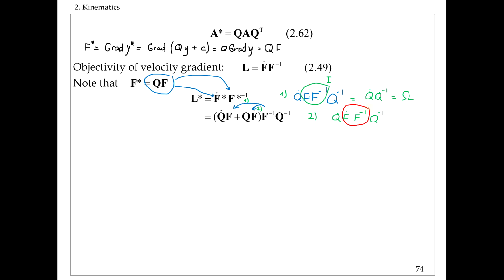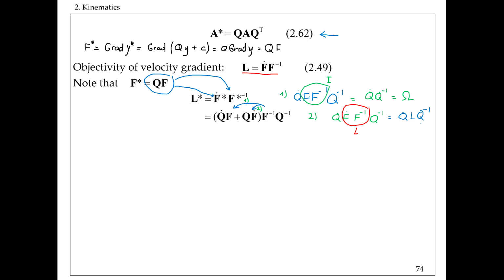these two guys are nothing more but what we see here in 249. This is the velocity gradient L, and so we can write that this is Q L Q minus transpose. If you want, you can write it not as minus transpose but Q transpose. And this part is good for us, right? This is exactly what you would want if you look at this